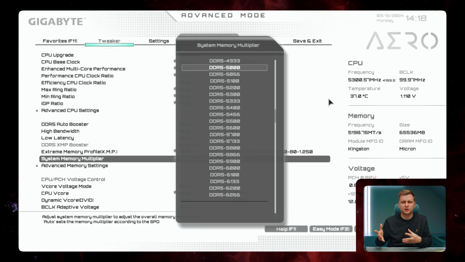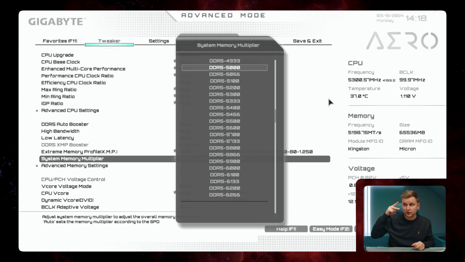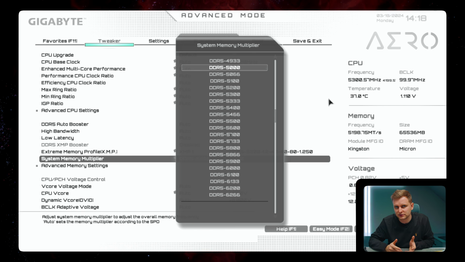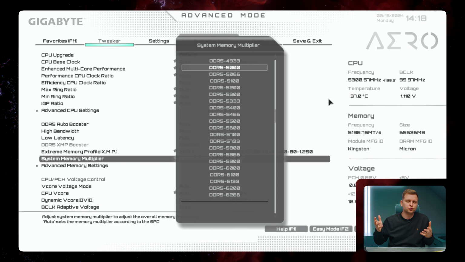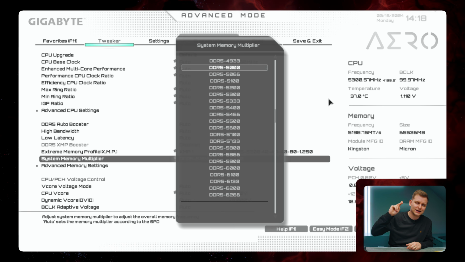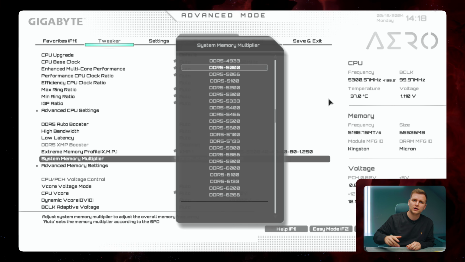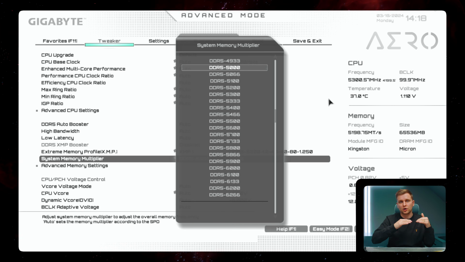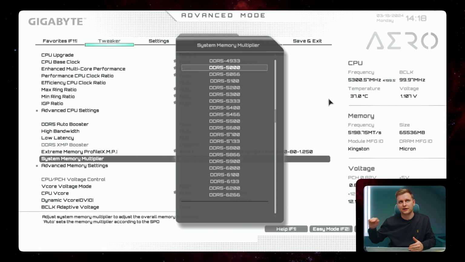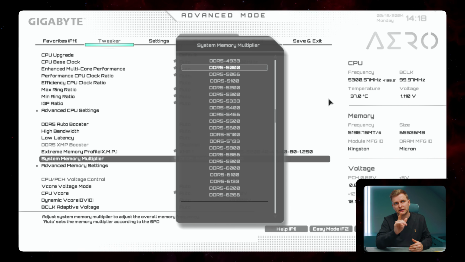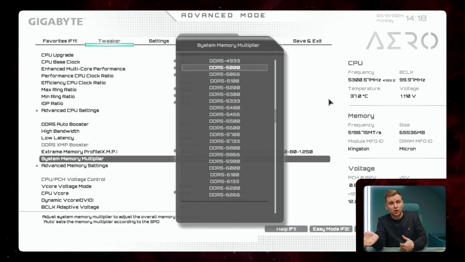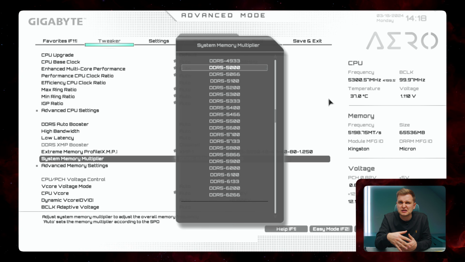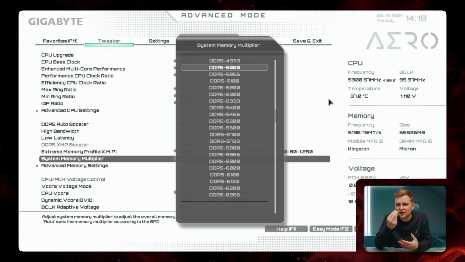If it feels like you're getting crashes, I'd recommend going down by 200 megahertz. If you're, let's say, at 6800 megahertz and you realize you're getting crashes, try 6600, then 6400 if you're still getting crashes, and so on, until you find a good frequency that the IMC can run. It's very important you know how to change these settings. Perhaps later on in your PC's lifetime, when your IMC is not in the latest or newest condition,